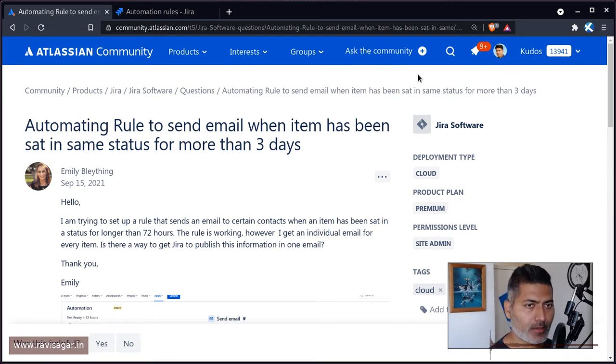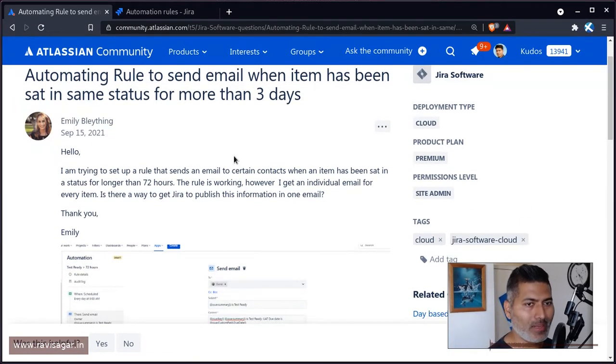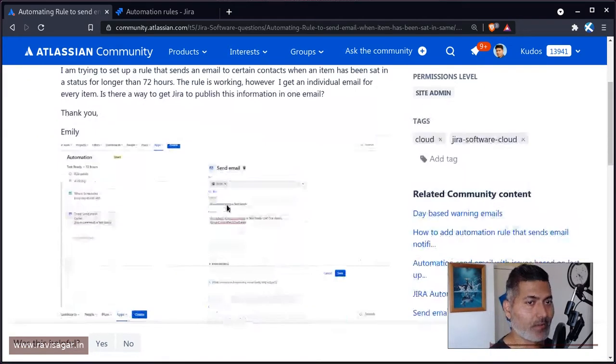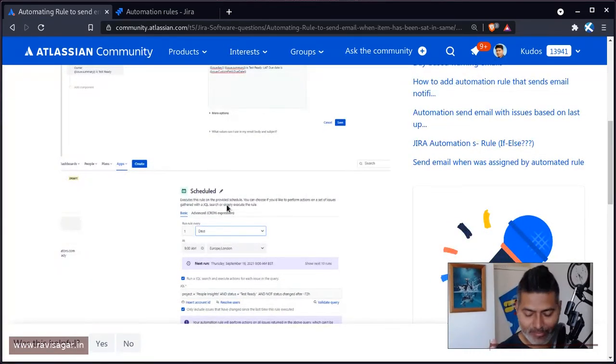Now, if you look at the question here from Emily, Emily is talking about the rule which she is able to configure. Of course, you can create a rule that will run on the basis of a scheduler, which you can configure. And whenever this particular scheduler runs, it will do something based on, let us say, JQL. And for Emily, the rule is working fine, but what Emily is saying here is that the rule will send an email for each and every